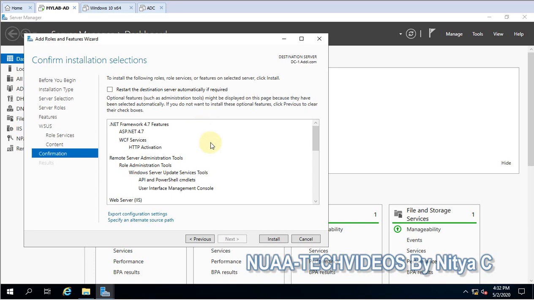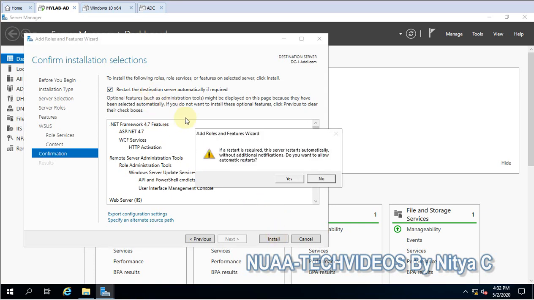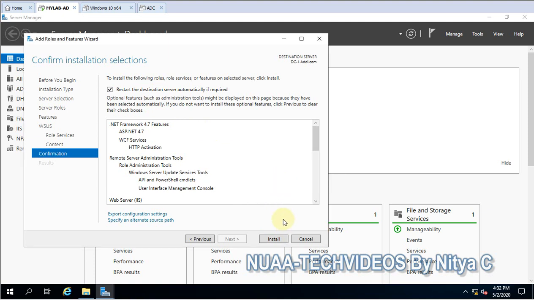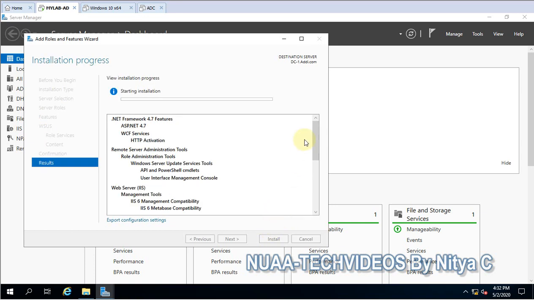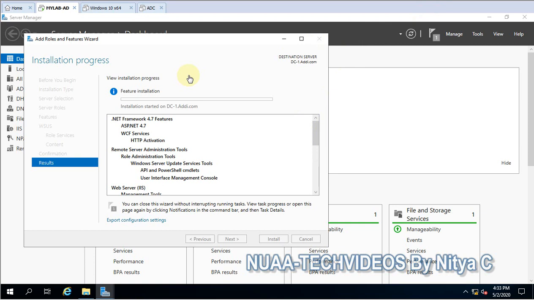But if it is not installed, it will be installed, and let's go ahead and install it. And if it requires a reboot, I'll select that and let's click on Install. So the installation has started.